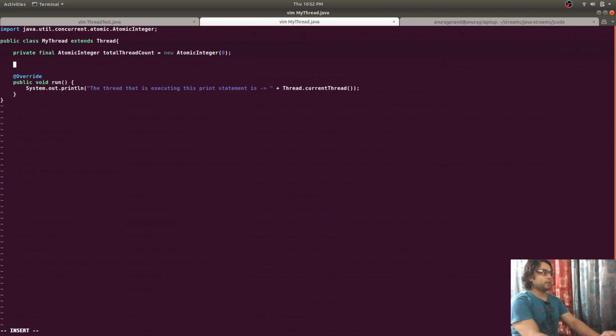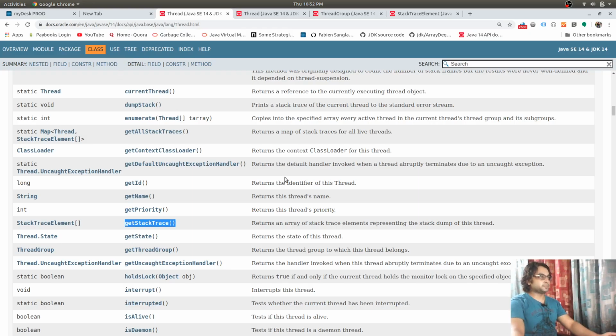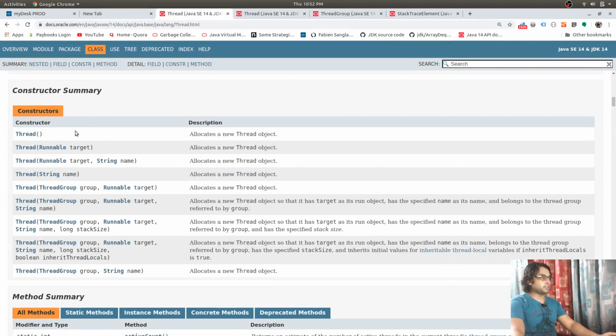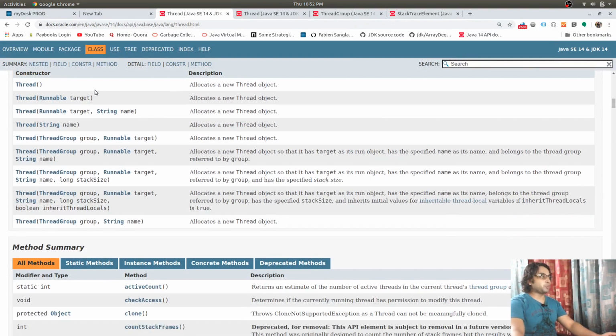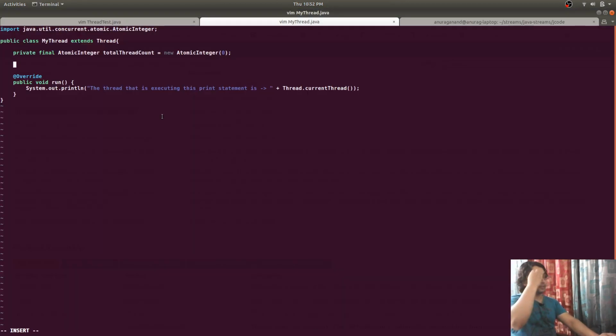For example, there are many constructors that the thread class provides: no argument, one that only takes a runnable target, one that takes a runnable target and a name, and one that only takes a name. So I'm going to override to provide only this constructor in my thread class.